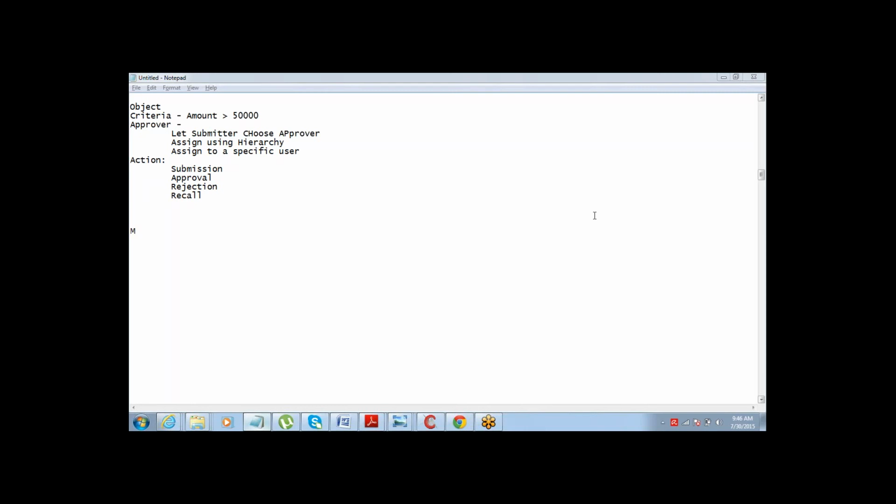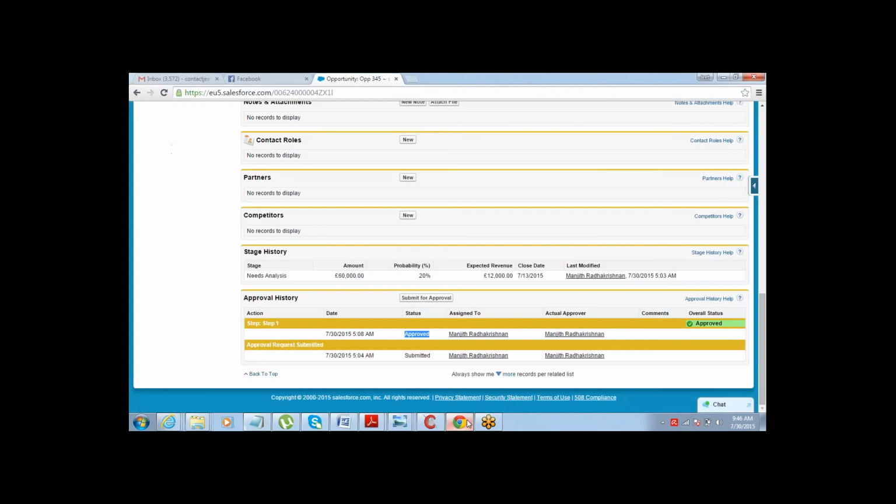See, even if you have a pick list field, there can be different approvers who are receiving different records, right? So an approver does not actually go to the record and pick all the pending records and start approving. You can only approve records which have been sent to you for approval, right? So you either see it in the email that you have received, or on the home page there is a section which is called pending approval request.